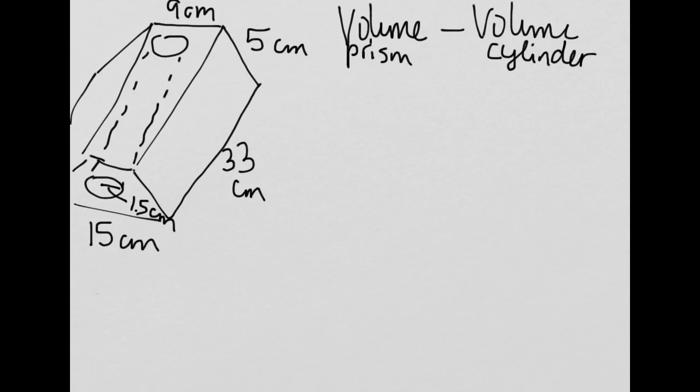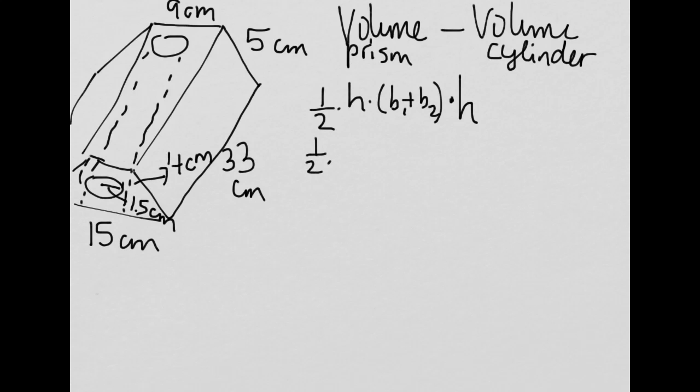So the volume of this trapezoidal prism, we have to remember that volume is 1/2 the height times the sum of the bases times the height of the whole prism. So it's 1/2 times the height of 4. The bases are 9 plus 15. The height of the whole prism is 33. So I get the volume of the trapezoidal prism to be